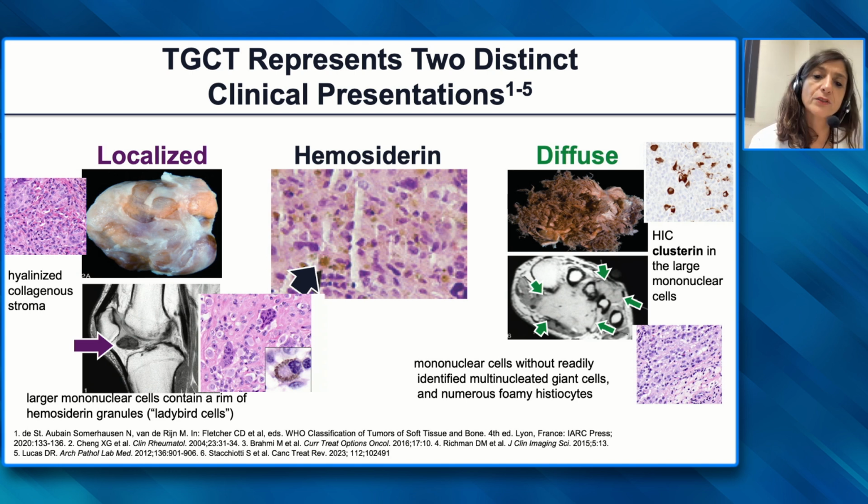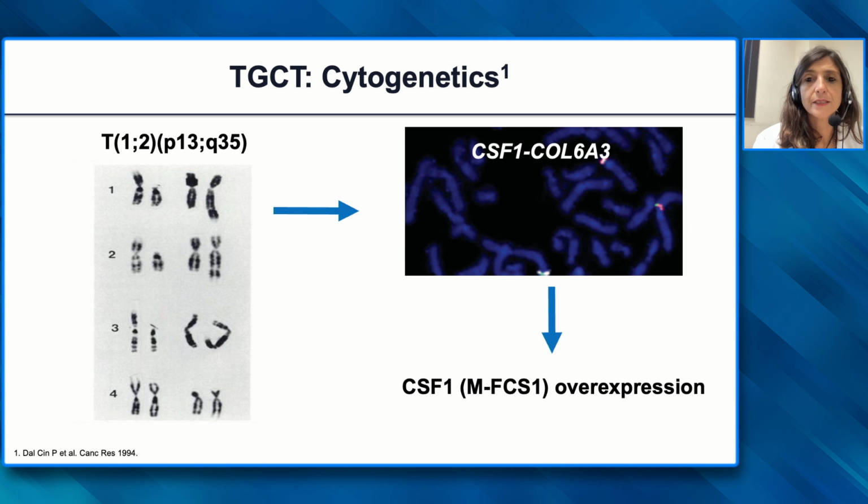So the diagnosis is quite easy, both from a pathological point of view, for the presence of hemosiderin deposits, but also from the MRI. And as we said, this disease should be classified as a tumor. In fact, in 1994, this paper came out, by Dal Cin, underscoring that both lesions have a pathogenetic fusion of CSF1 and COL6A3, which causes overexpression of this transcript,